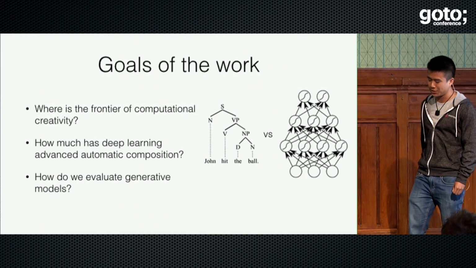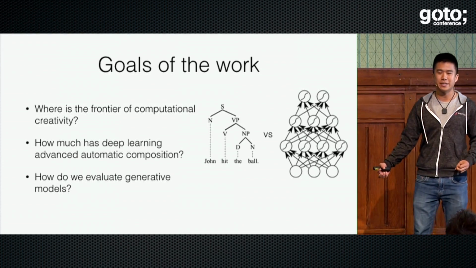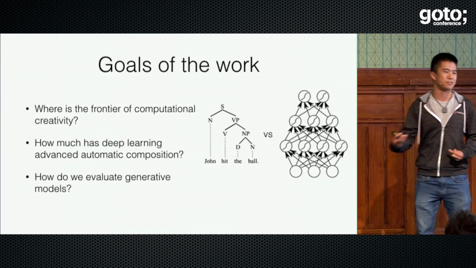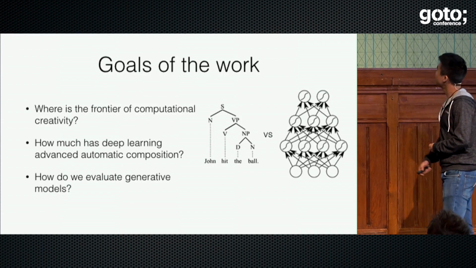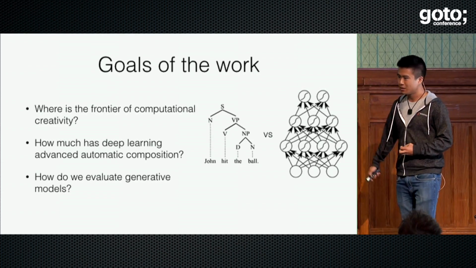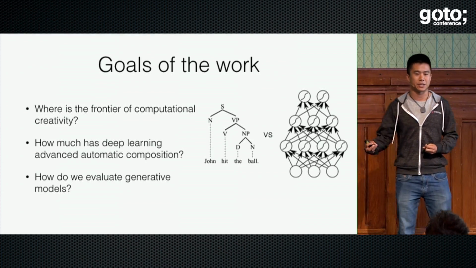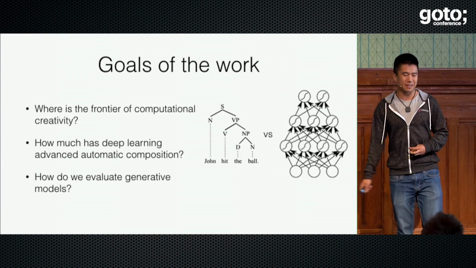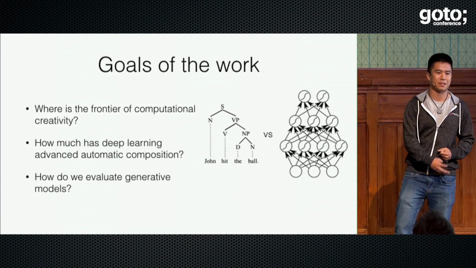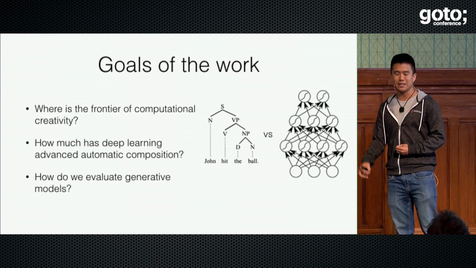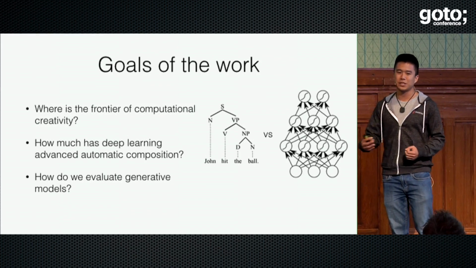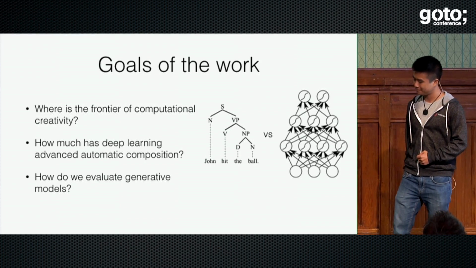The second question I wanted to answer was, how much has deep learning impacted automatic music composition? Now, automatic music composition is a special field. It has been dominated by symbolic methods, which utilize things like formal grammars or context-free grammars, such as this parse tree. We've seen connectionist methods in the early 19th century. However, they've fallen in popularity, and most recent systems have used symbolic methods. With the work here, I wanted to see, did the new advances in deep learning in the last 10 years, can they be transferred over to this particular problem domain?